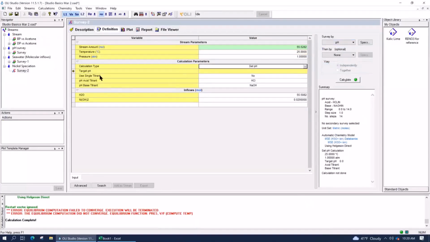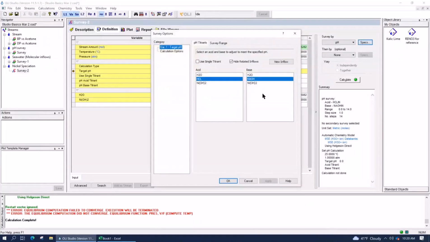You get a set pH showing up as calculation type. It asks you, are you okay with these acids and bases? The only thing left to do is to set the conditions of the survey. So you click on the specs button. We're going to start with HCl and with caustic, as we know already.